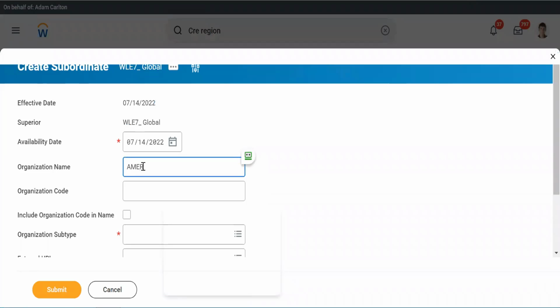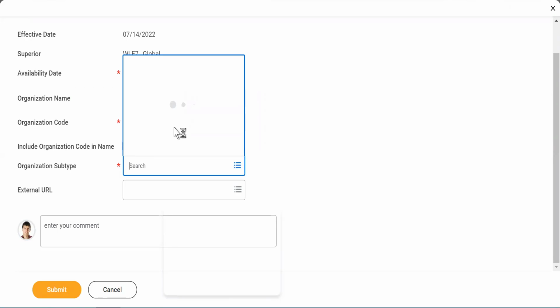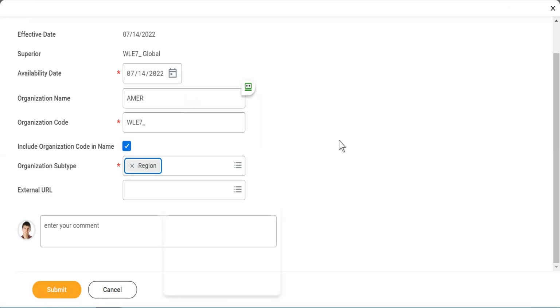Let's say EMER, because the majority of the companies that I have created are in the EMER region. Region, and then submit.